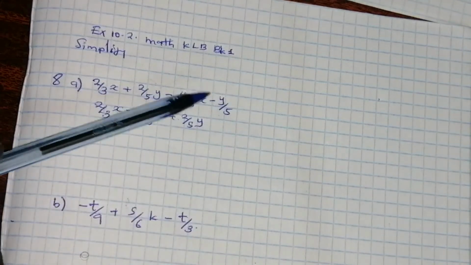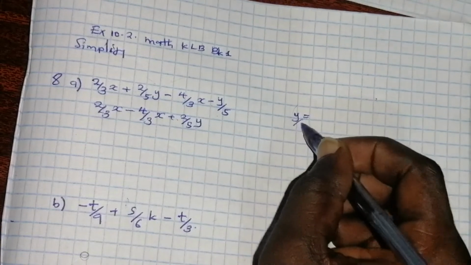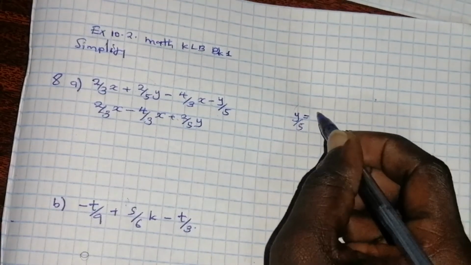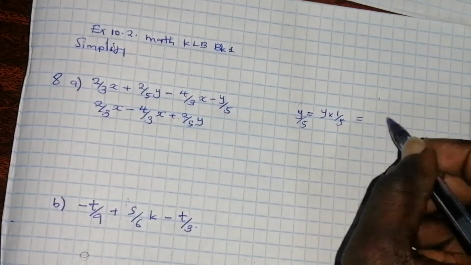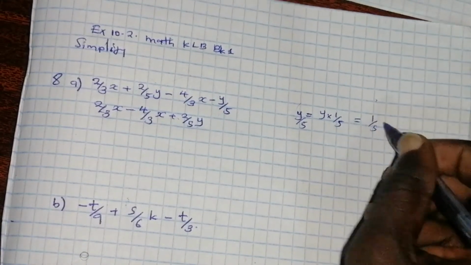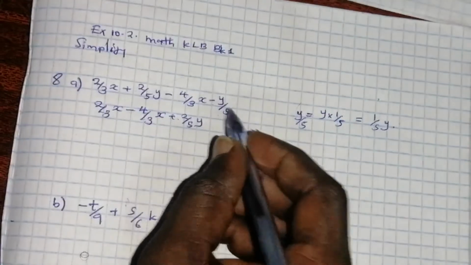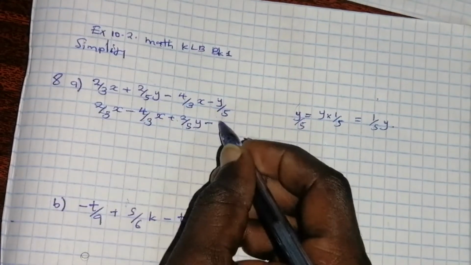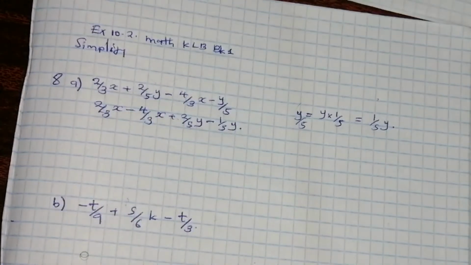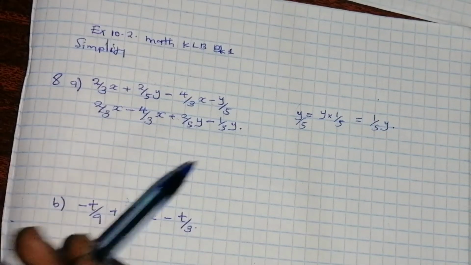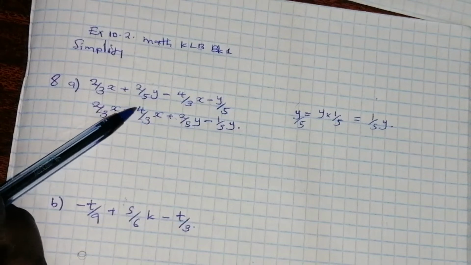Whenever I am given y all over 5, y all over 5 is the same as y times 1 all over 5, or rather I can just write it as 1 all over 5y. So all these are just the same thing. So this one I can write as minus 1 all over 5y, so that we can clearly see. So just from our primary school knowledge, whenever I have 2 all over 3 minus 4 all over